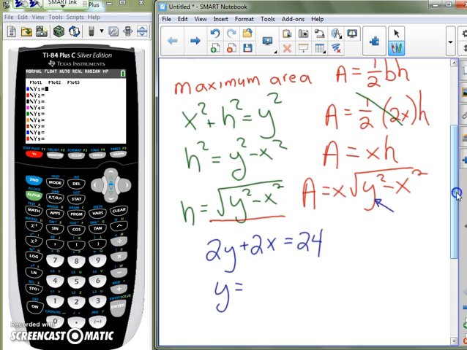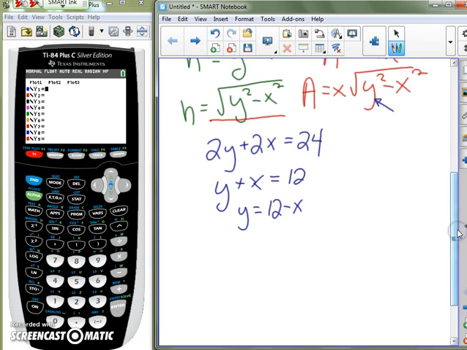The quick first step, divide everything by 2 and spell plus correctly. And then subtract the x. Y is 12 minus x. All right. So I get area is x times the square root of 12 minus x